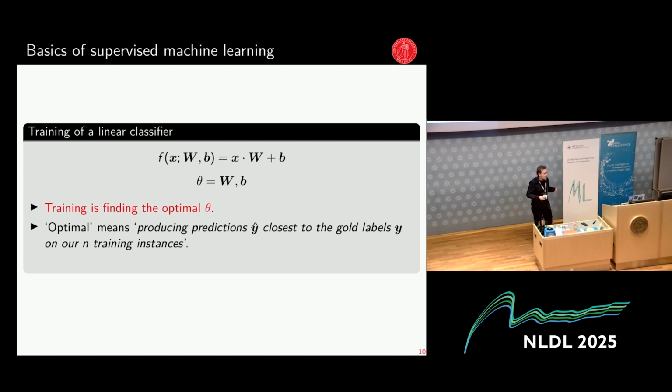And what does it mean to be optimal in this case? It means that the model using these parameters will produce predictions y hat which are closest to the correct predictions, the goal predictions, on some testing instances. In the ideal case, we want a model which always predicts